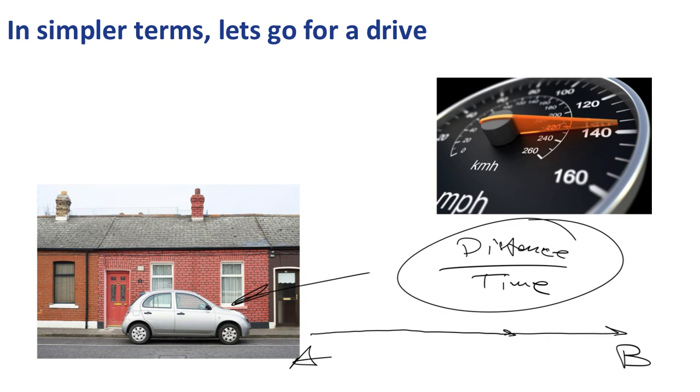What the mean value theorem guarantees is that at some point along your trip, at least once, your speedometer actually read this speed, distance over time, which will exactly match your average speed at least once. So if the function is smooth, meaning you can draw the function without lifting your pen or pencil, it's continuous and differentiable, then at some point along its curve, the slope of the tangent,